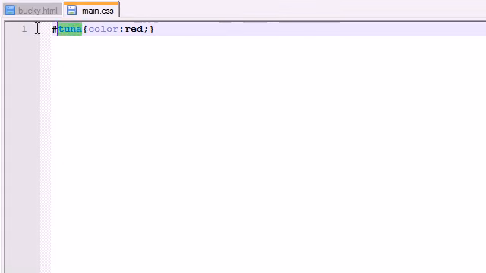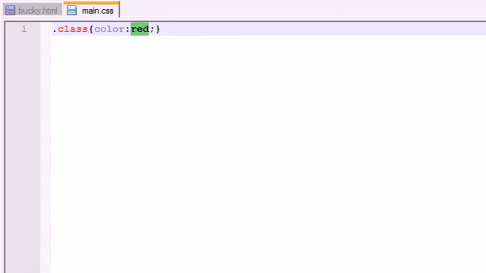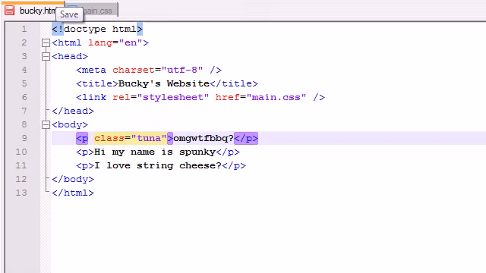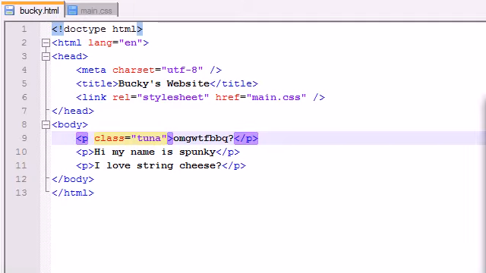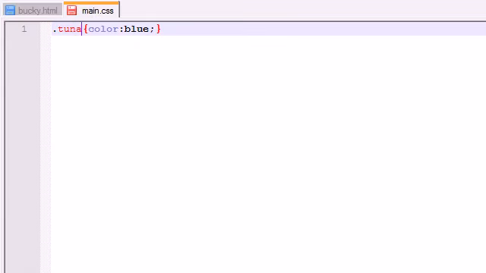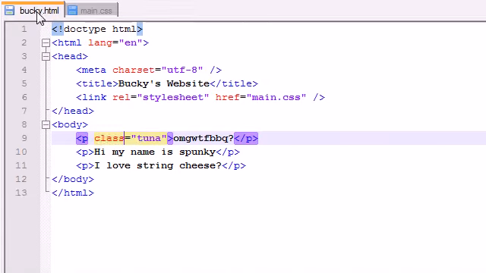Now, we can also work with something called classes. Classes are kind of similar, but they're a little bit different. I won't get into the specifics, but basically, you can also have a class of tuna, and what I like to do is change the color to make sure that we can see a difference and we aren't accidentally not refreshing or something. So if we have a class of tuna, and I messed something up, because I wrote class instead of tuna. Now if I save it and refresh it, as you can see, whenever you have a class,